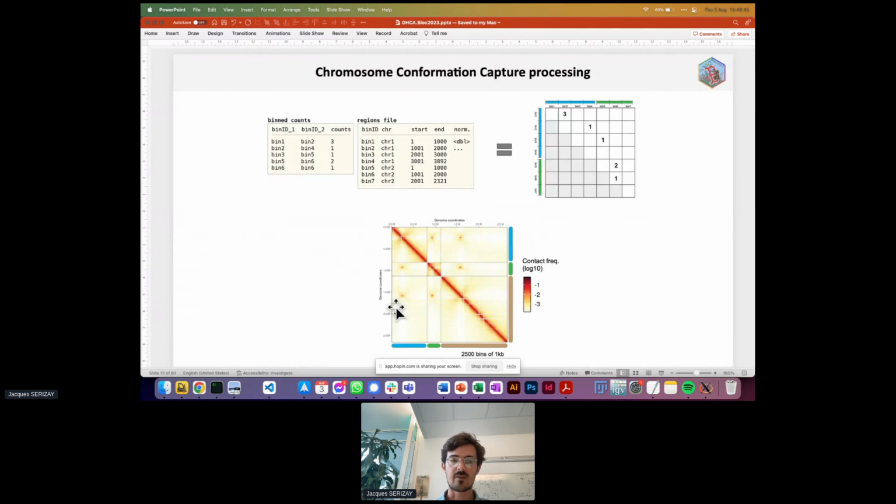So you can only have one single column here in the bin counts, and no type of normalization associated with these counts. All right,